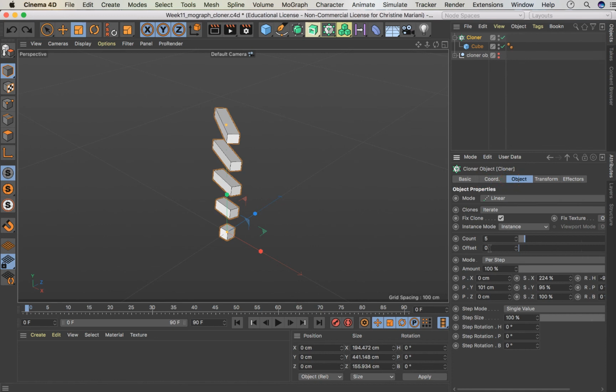It's pretty straightforward, pretty simple. It's a great tool, so whether you're modeling or animating, you'll probably find scenarios where you'll come and want to use the cloner to accomplish something, even if it's only 2 clones. It can be quite useful. Okay,